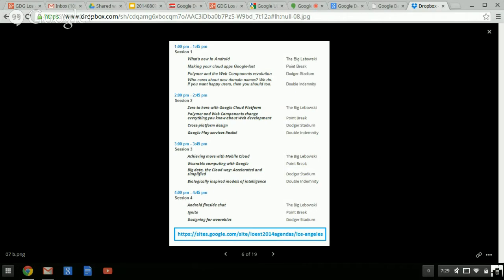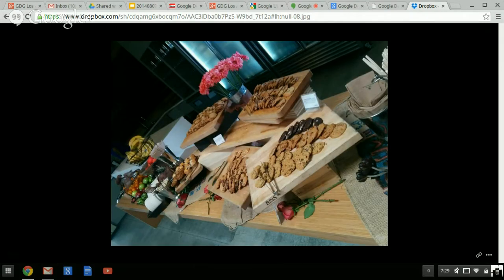So the one thing about Google was that there was a lot of food there. They told us right there at the beginning, there's going to be a lot of food. You're going to be very well fed today. So right in the beginning, in the morning, there's a smorgasbord of cookies, anything you wanted. So very tasty. It's a good way to start the day. Make everybody happy right away.